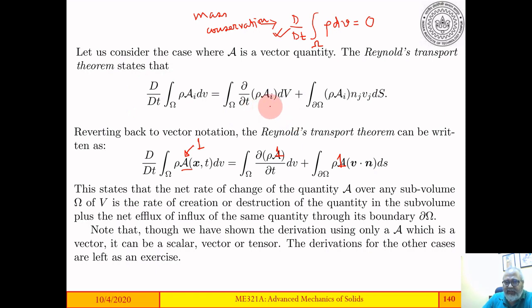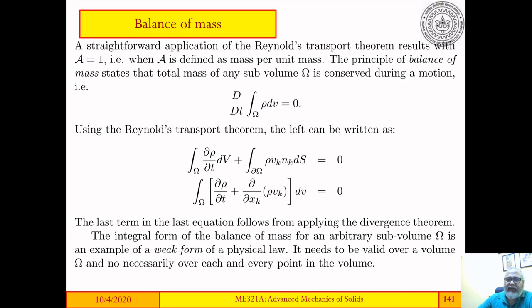So what I will write is d/dt of rho dV is equal to